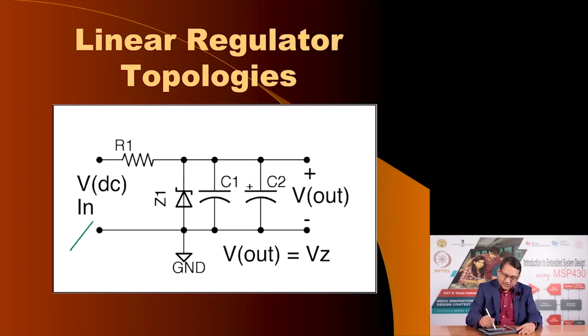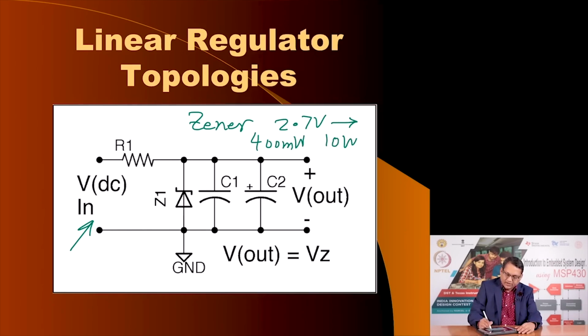So, look at this circuit here. The input voltage is the voltage that you would get after the grid power or whatever is the original source of your power. It is reduced to low voltage levels, then rectified and filtered, and it is applied here. The simplest regulator would use a Zener diode. You can get Zener diodes from as low a voltage as 2.7 volts to higher voltages, and in power ratings of 400 milliwatts to tens of watts, maybe 10 watts,